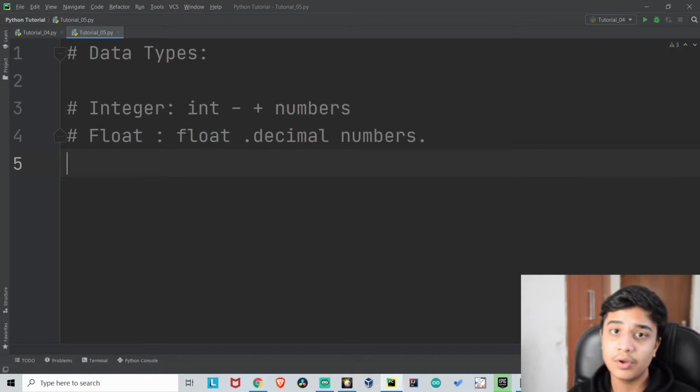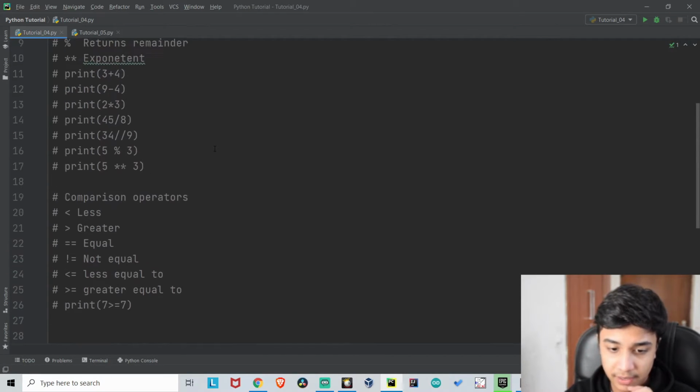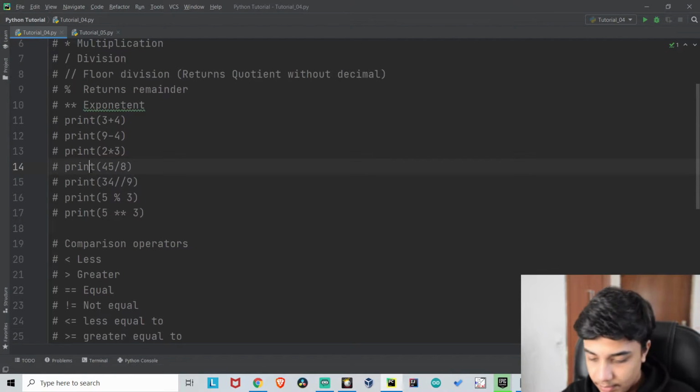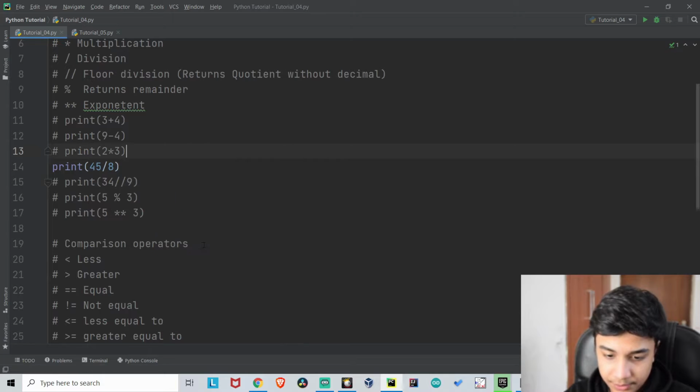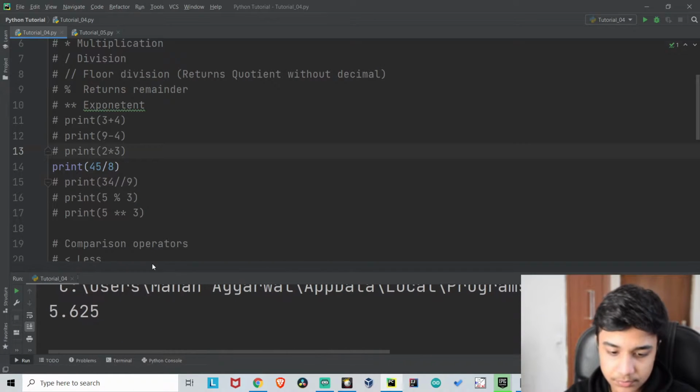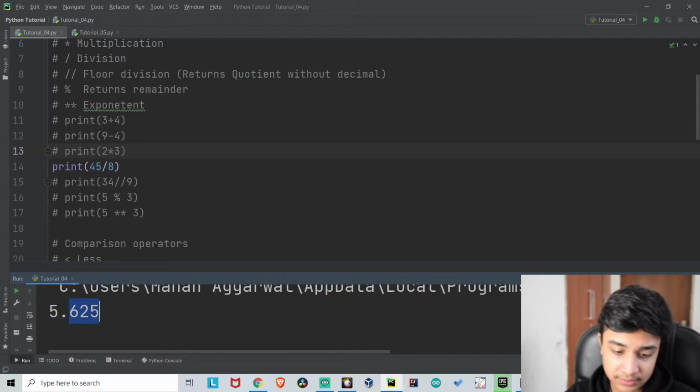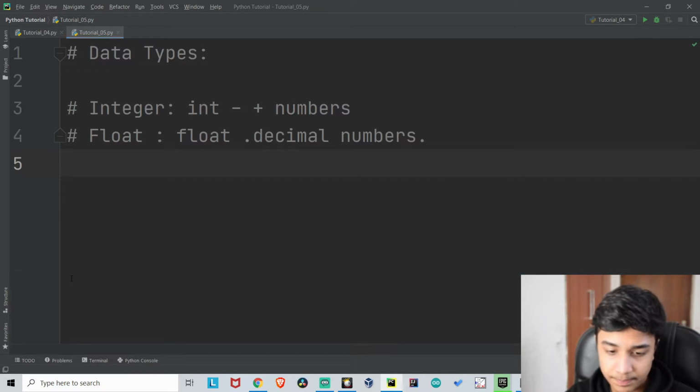In the last video I showed you what values it was giving when I was using the division operator. In this I will comment this out and run it for you. So you can see that this is an example of a float. This is the decimal point, and then we are using it. So float is that type of data.